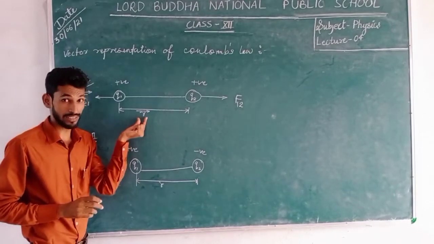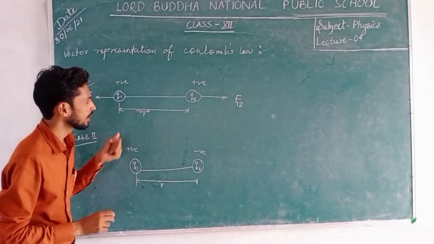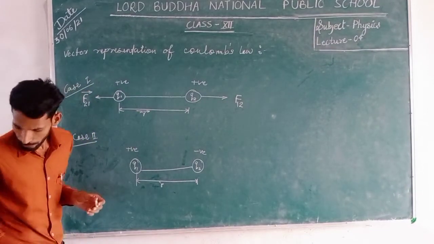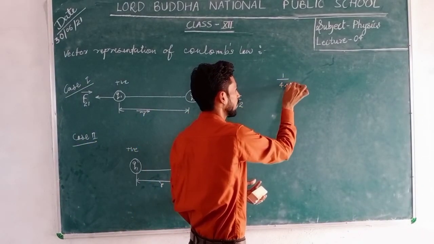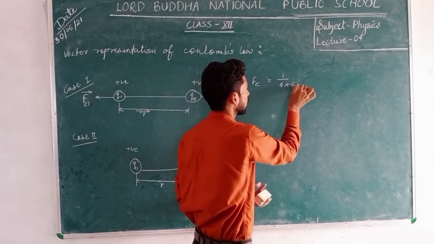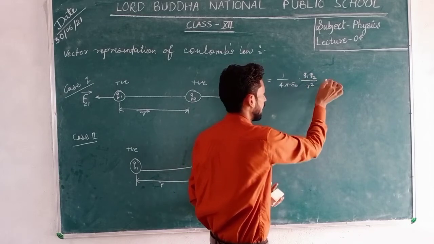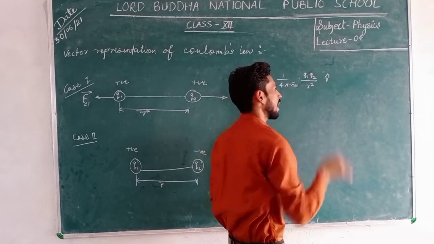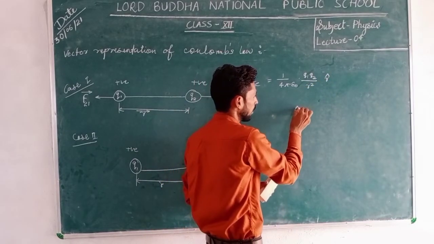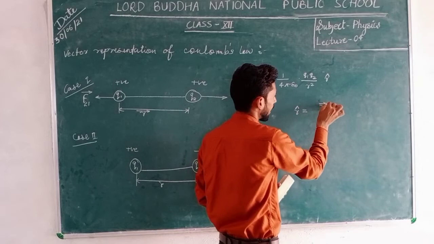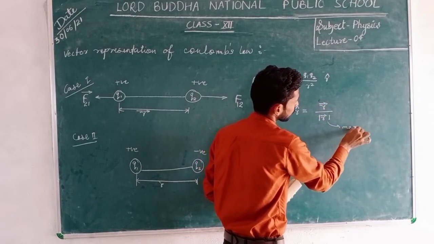And in this form, here is the vector. This is not only distance, this is the displacement. So I am taking the vector form. Clear? In this condition, the formula is 1 upon 4 pi epsilon naught into Q1 Q2 upon r square, and here will be the unit vector r cap. This r cap shows the unit vector: r cap equals vector r upon mod of vector r. That is the magnitude.